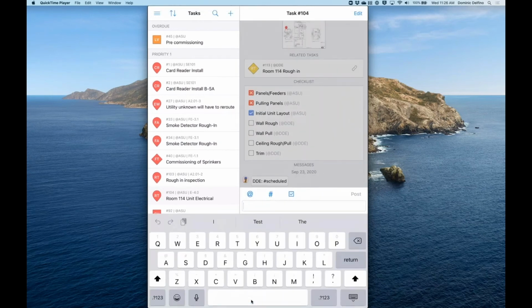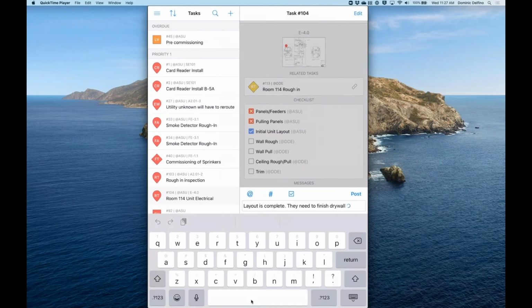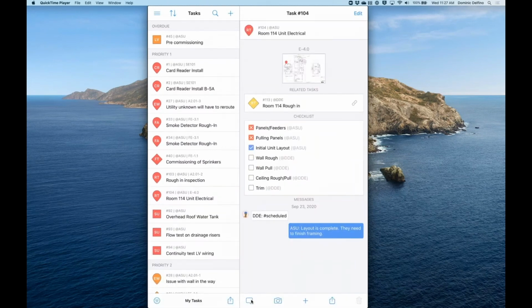So we go in here. Layout is complete, period. They need to finish drywall. And when I say drywall, I do mean framing. So we'll have framing in here. And then now she can post that, add that text in there, and then she can actually start to add